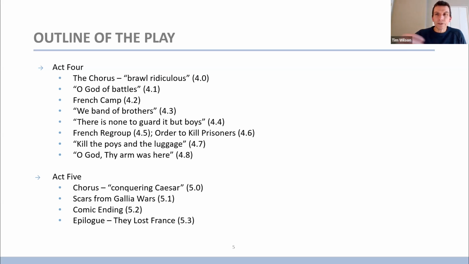As we'll see, this order is actually given twice, and is Henry trying to give a kind of proper face to it for different people. In Act 4, Scene 7, the next scene, we hear that the French have attacked the English camp and killed all the pages, the boys. And again, it's at this point that Henry is upset and orders the killing of the prisoners.